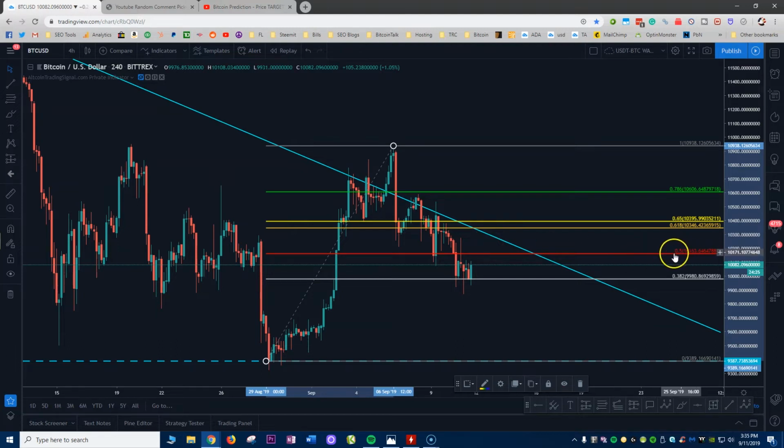Now I do think we're going to break this 0.5, but I have a hard time believing we're going to break this trend line, this blue trend line, and then the yellow zone. It might break the blue trend line for a second, but I don't believe it's going to break the yellow zone. But to tell you the truth, normally if I would see this chart pattern right here and the price retrace back down to the 382,